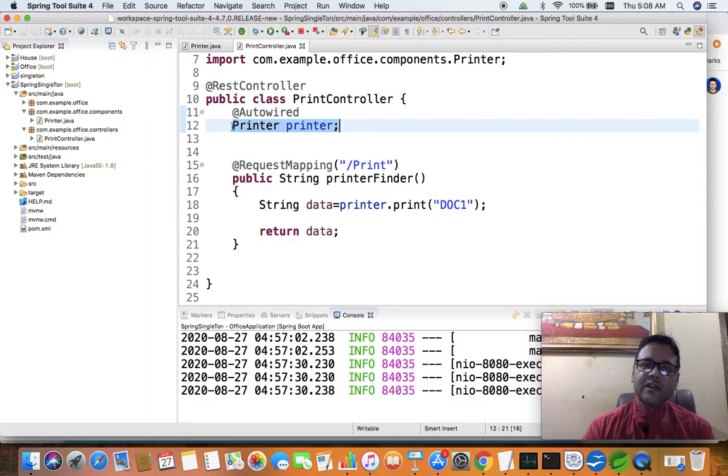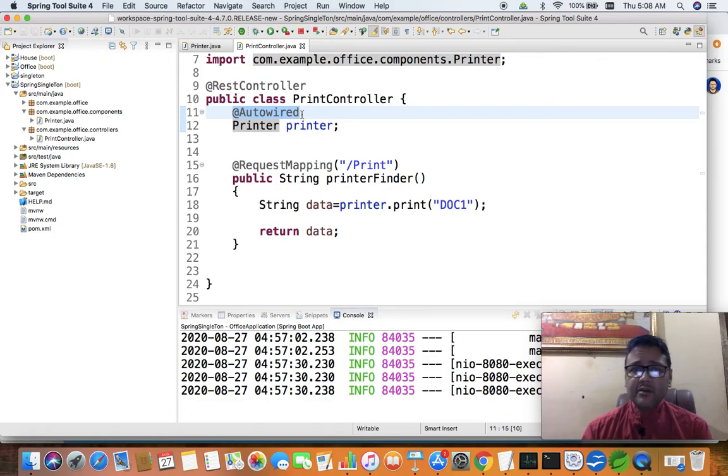We just declare the printer class object over here, and we use @Autowired as the annotation, so that the printer class object can be injected into this controller. That is the only purpose of using @Autowired, because the printer class object is going to be created automatically. We don't need to create it. From the beginning I told you the Spring container is going to create it.